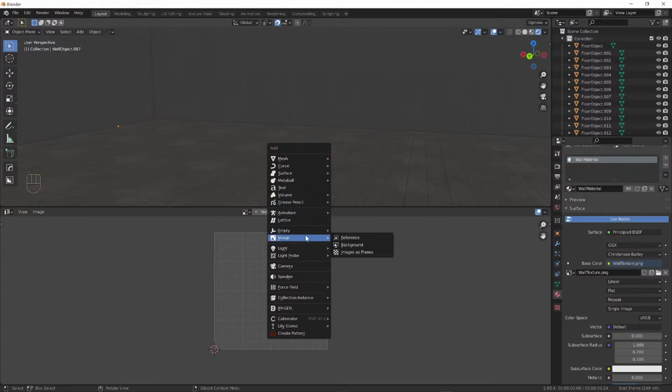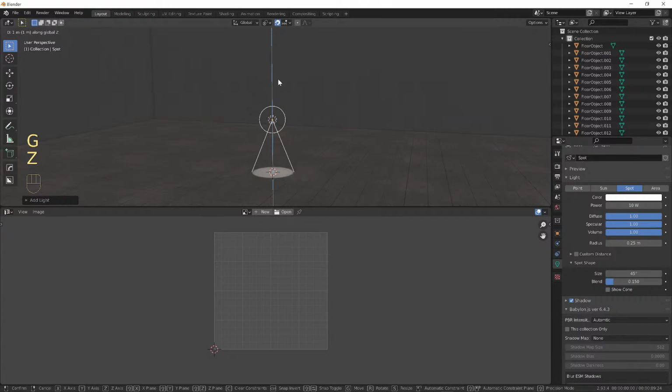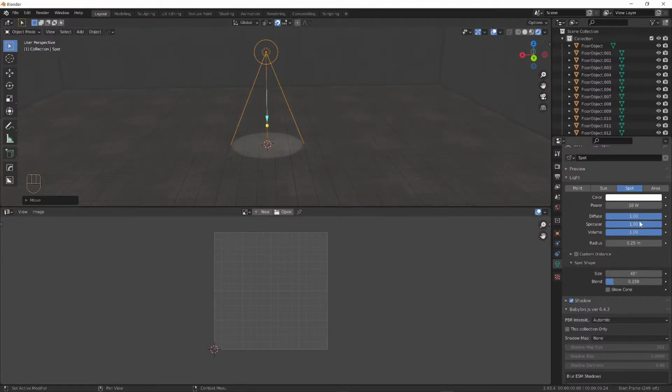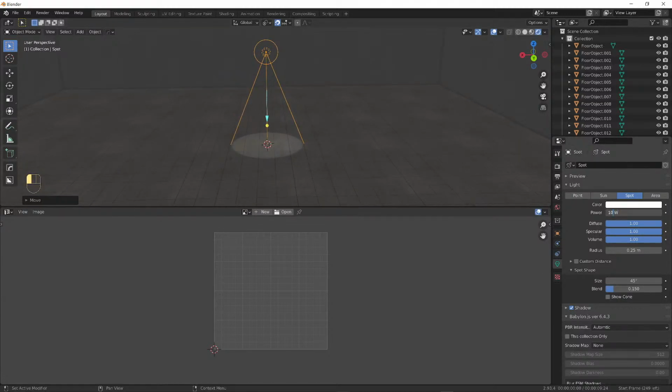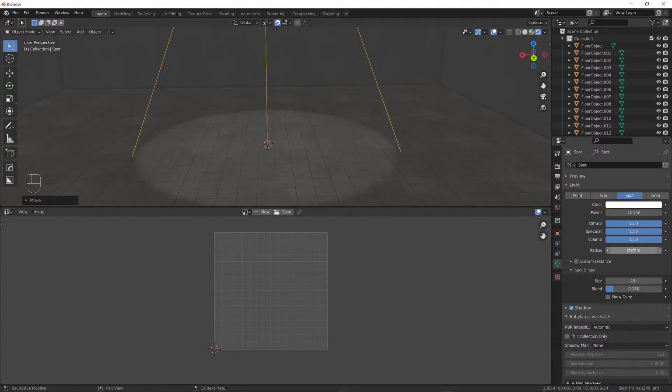So I'm going to add a light. So I'll add a spotlight. I'll just raise that up. Okay, and I really do like spotlights, just because of how much control we have over them. So set the power here to something realistic, like say 100 watts. Move that up. We'll adjust the radius, or sorry, the size, which is the cone, the fall off there. We can change the blend here, turn the blend up,